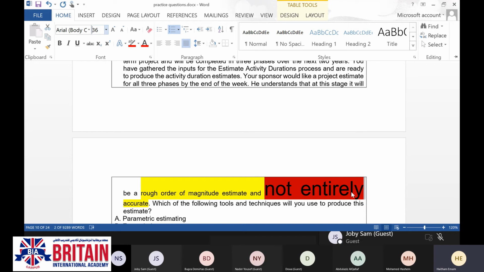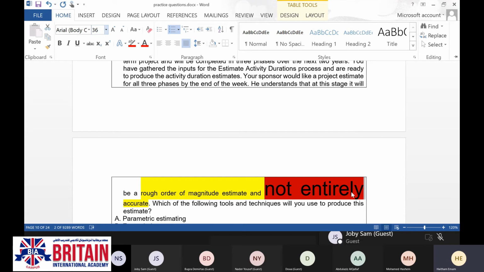When it comes to the bottom-up estimating, if you remember, we were saying that it is the most accurate technique in estimating the resources, the cost estimate, or the activities duration estimate. Why?